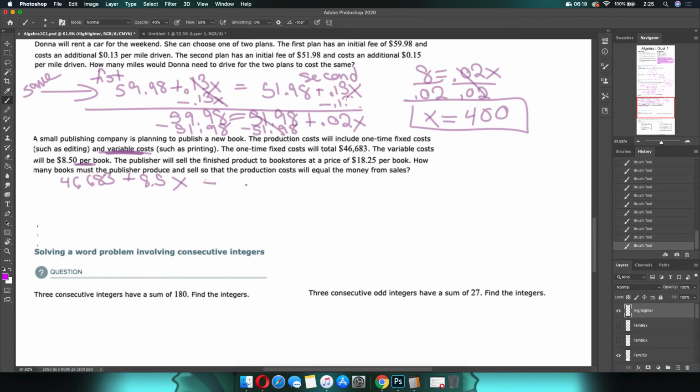And then the publisher sells the finished product for $18.25 per book. There we go, per book. So how many do you have to break even? So minus 8.50x, minus 8.50x. What do we have? So 46,683 equals